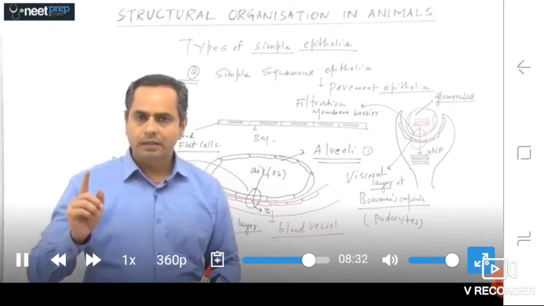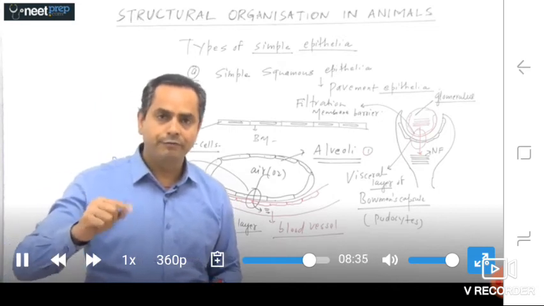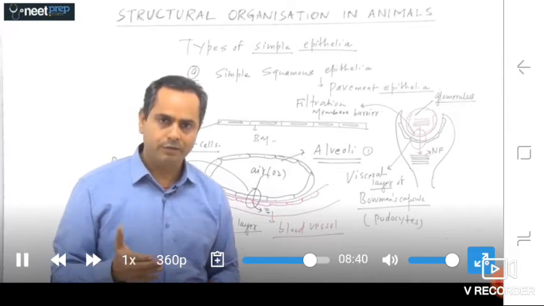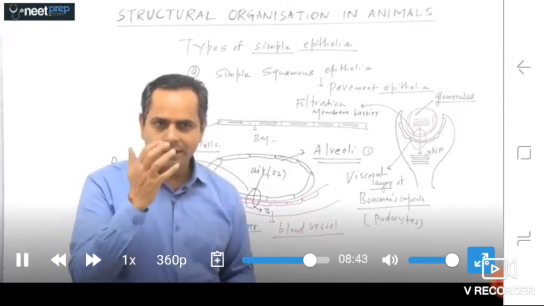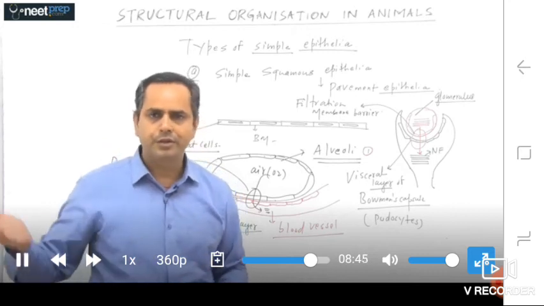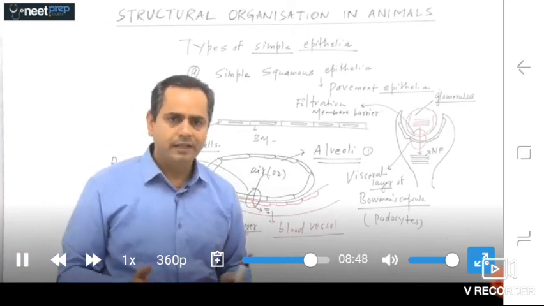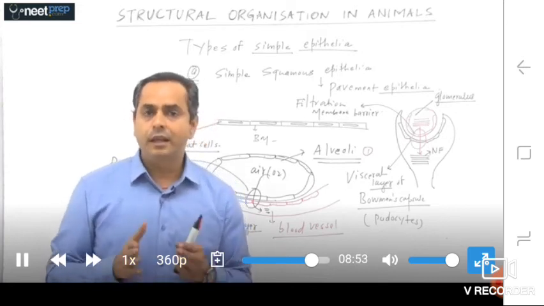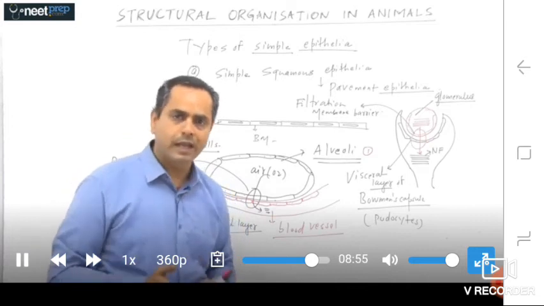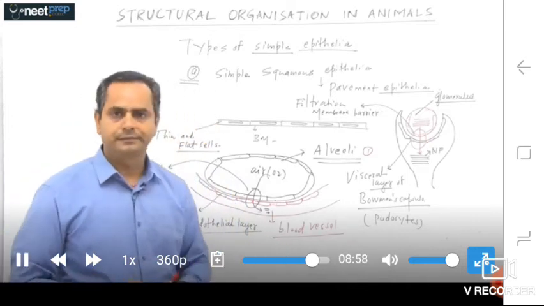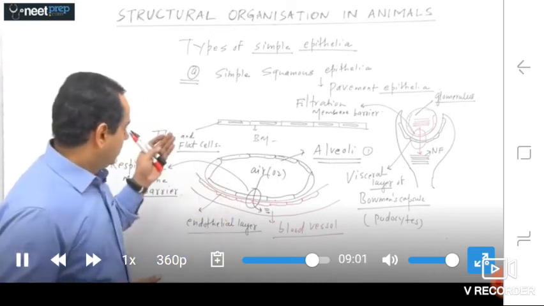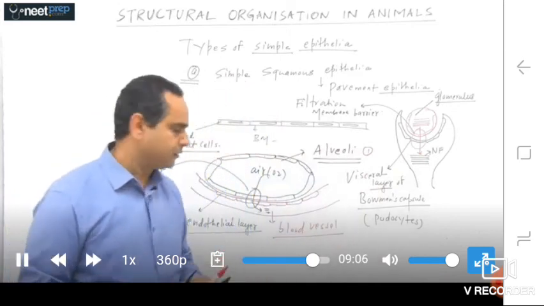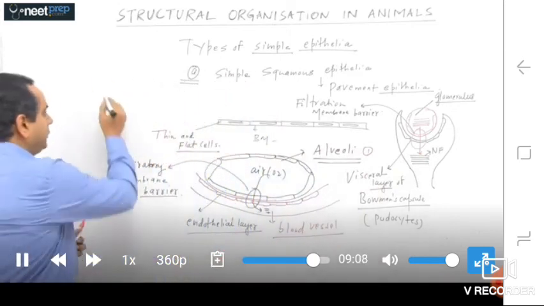Remember, the inner lining or visceral lining of Bowman's capsule is part of simple squamous epithelia, and they are very specialized to filter solutes with the help of pores, and that's why this specialized simple squamous epithelia of the visceral layer of Bowman's capsule is also known as podocytes. So examples: alveoli, the blood vessel, the visceral layer of Bowman's capsule,